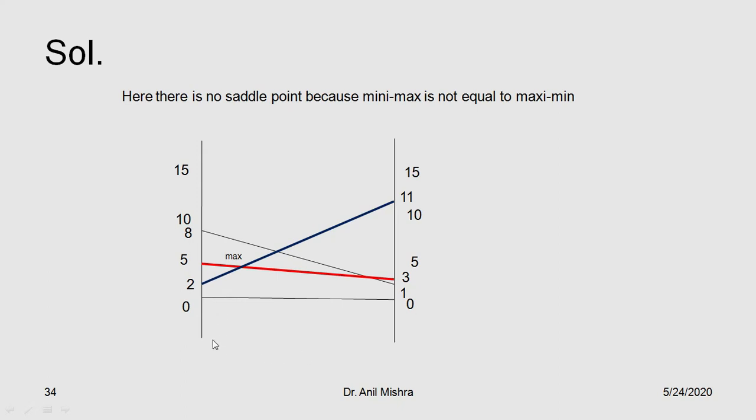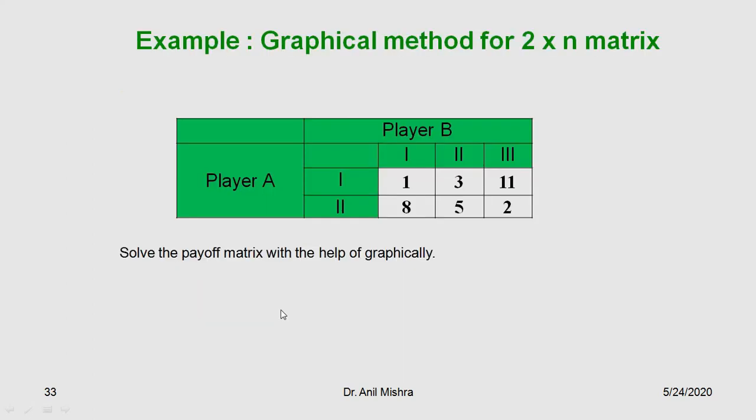While drawing the feasible region, we take the edge part of it. This is the edge, this is the edge, thereafter this to this, and then the bottom. Out of this particular area, which is the maximum? The maximum area has corner points: this is a corner point, this is a corner point, and this is a corner point. Out of those corner points, which is the maximum? The maximum is this one. Then we have to find which 2 lines intersect at this particular point. The points are 2, 11 and 5, 3. So we take into account 2, 11 and 5, 3, and the other is deleted.